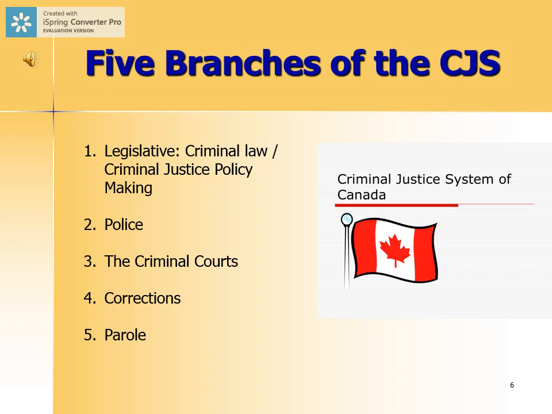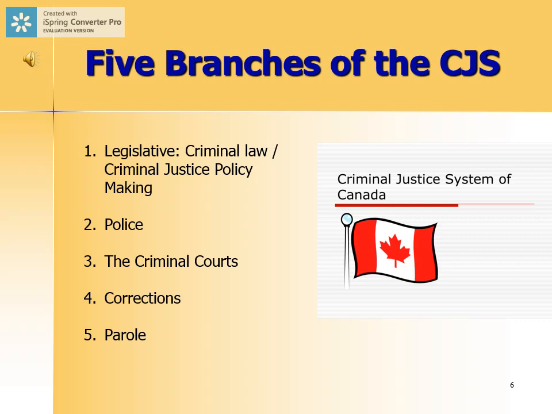And while we refer to the Canadian criminal justice system or Canadian criminal justice institutions or branches, what you have to really keep in mind is the system is made up of people. And because it's made up of people, whether it's police or crown prosecutors, judges, jurors, correctional officials, parole officers, probation officers, they're all subject to mistakes and flaws. And so the system is very much a human system that lives or dies by the ability of people to make decisions under, in some cases, very stressful and dangerous circumstances.